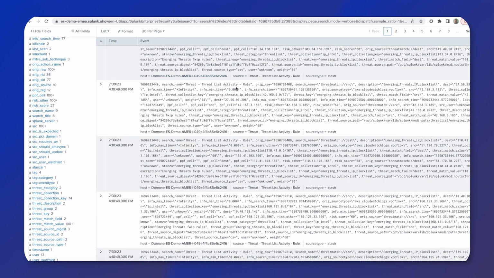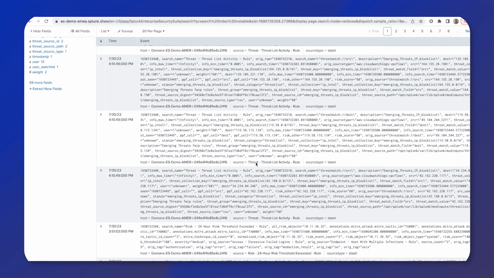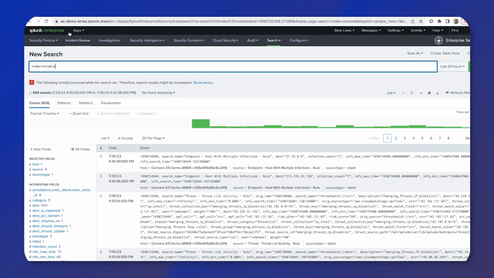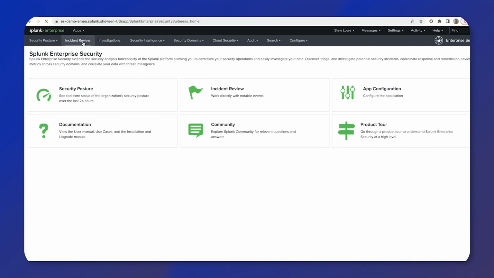So here we go. We've got a threat correlation search that's triggered, and we have all the various pieces of information that's been written to the index here about that alert, allowing it to persist. So if we do return to Enterprise Security, then if we look at our incident review, for example,